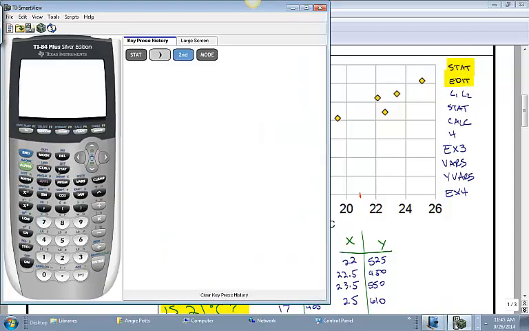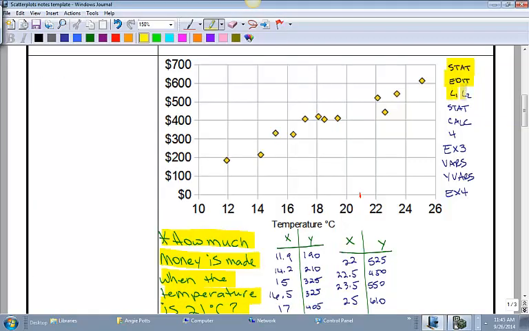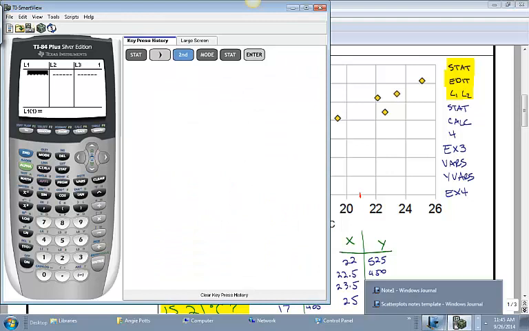Stat edit. So I hit stat, enter for edit, and it brings up L1 and L2. What this step right here wants you to do is to enter the X and the Y. X is L1 and Y is L2. Okay, so if I enter in all that information,